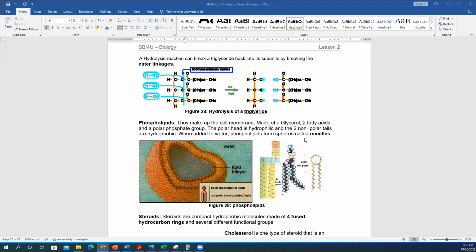Under fats and lipids, we also talked about phospholipids and how they are very important because those are the units that make up the cell membrane. And we talked about what is special about the phospholipid that makes it so well suited to creating a membrane, a bilayer. What's special and important about it is that it has a polar or hydrophilic head group. So this polar hydrophilic head group here,